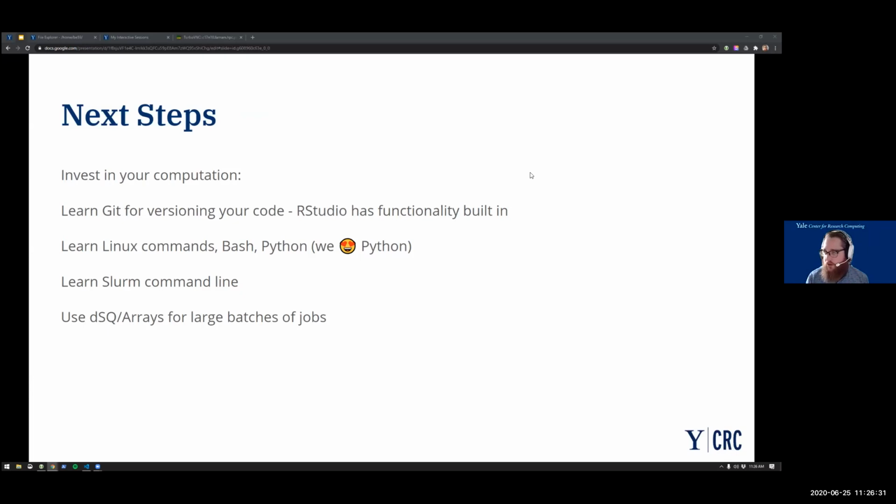RStudio has some functionality built in for this, but it's a really nice way to be able to demonstrate to potential employers or other labs that you are serious about computation by saying, I have this code that I can give you, and you can see how it's progressed over time, and you can also go back and try and figure out what happened that made it work so poorly, which is sometimes what I end up doing for myself.